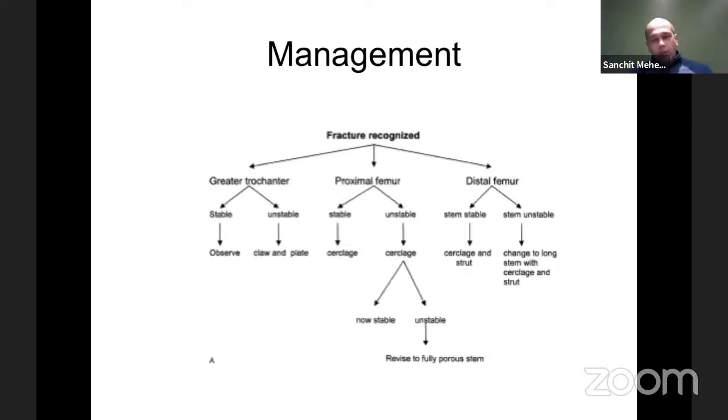So when we talk about intraoperative fractures, this is the rough algorithm that you could go by. This depends on if the fracture is recognized intraoperatively. Okay. And like we saw A, B, and C, so the proximal metaphyseal side of things, so greater trochanteric fractures, if they're stable, then you just observe them. If they're unstable, there are quite a few claw fixation devices. Now, whether it's the Synthes one, the Smith & Nephew one, or the Zimmer claw plate, they're pretty good.